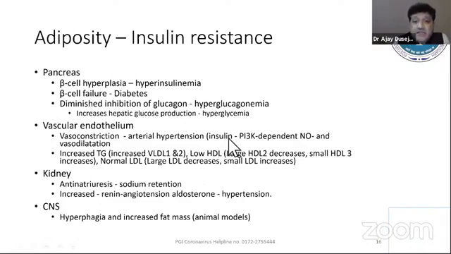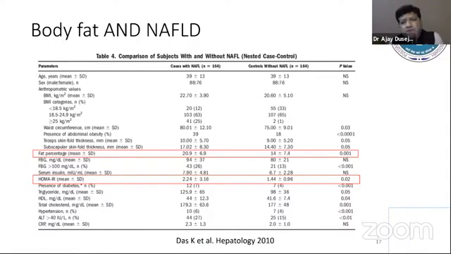And this is because insulin, we know, basically causes vasodilatation through nitric oxide, and whenever you have insulin resistance, there is vasoconstriction which happens at the vascular endothelial level. And the kind of dyslipidemia which happens in insulin resistance, where the small LDL goes up, small HDL goes up, they all are responsible for various vascular complications, and then at the kidney and CNS level things can happen. So let me now finish with my last two slides by showing on the fatty